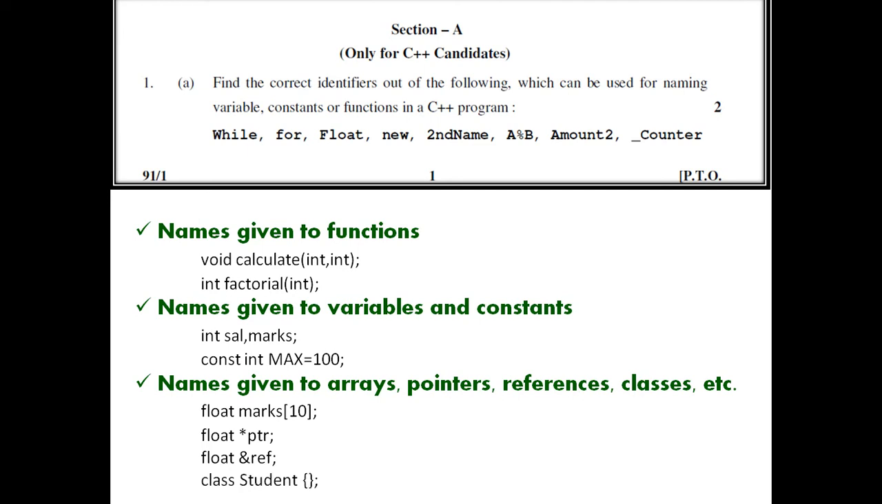Next, class student. Class is the keyword that is used to declare a class. Here student is the name that is given to the class. This is also an identifier. Okay, now let's move to the rules that we should follow for naming the variables, or we can say identifiers, in a C++ program. And these are: